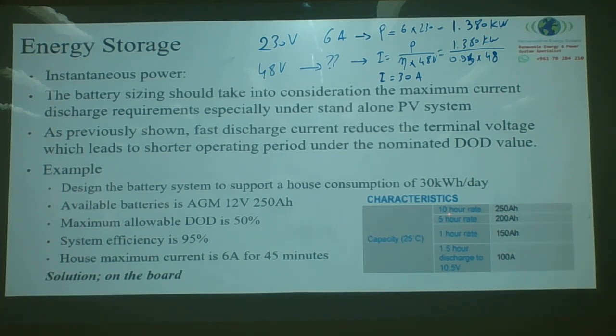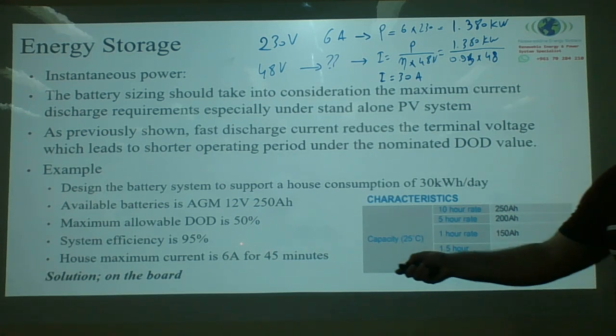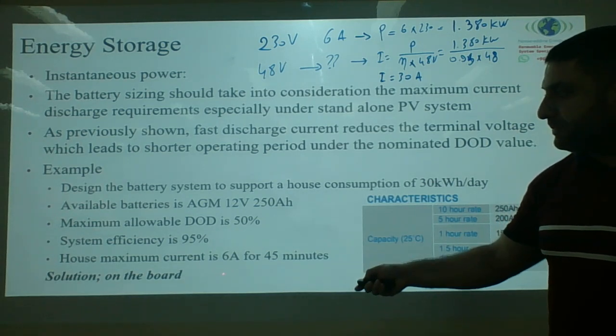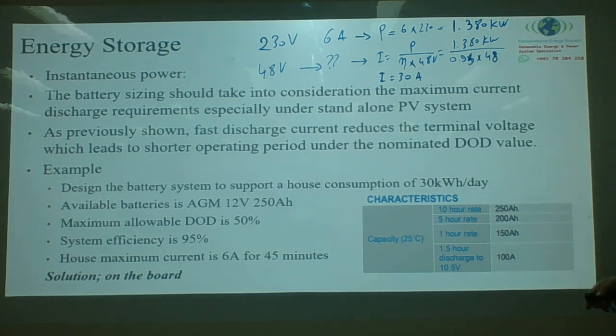If I have, this is under low, I'm talking about here 100 amps. It tells me that this battery is fully charged. If I take 100 amps out of it, it can run for 1.5 hours. So yes, my system is capable of providing 6 amps for 45 minutes, because I'm only taking now